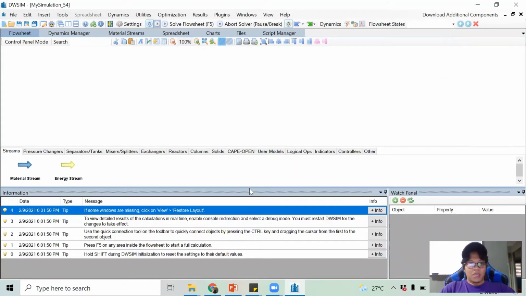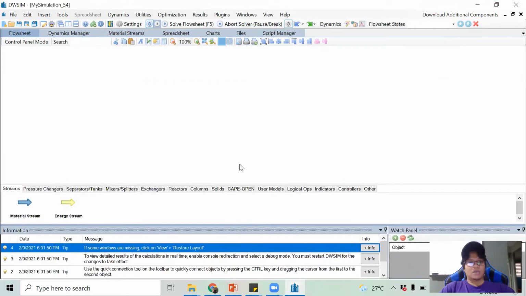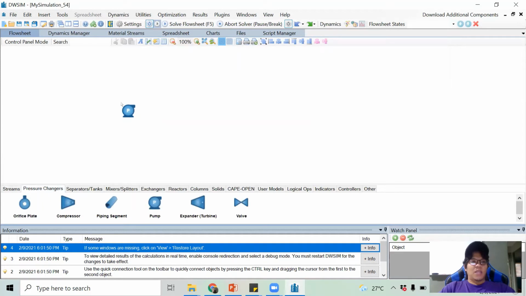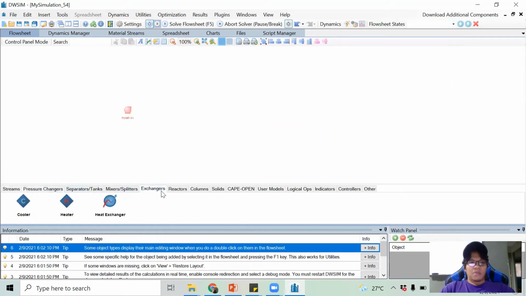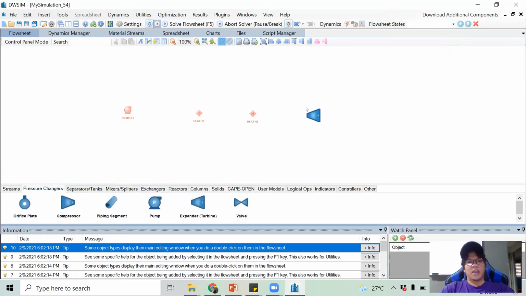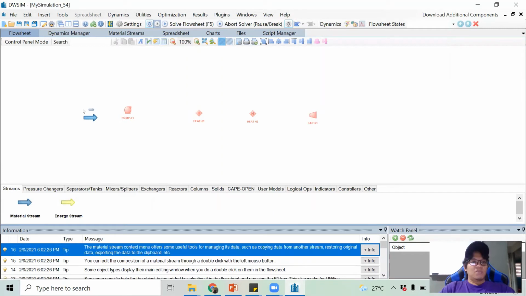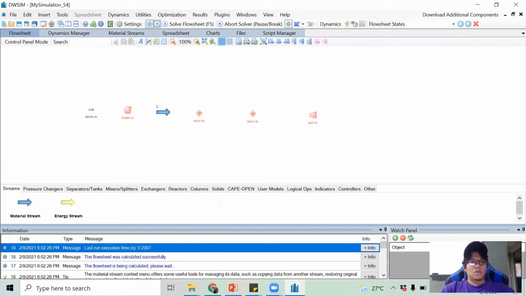And then I'm going to make this one slightly bigger. So here we are at the flowsheet interface, I guess. Okay, I'm going to begin with the pressure changer. So I'm going to add a pump, and then I'm going to add an exchanger, heater 1, heater 2, and then lastly I'm going to go to the pressure changers and add an expander or turbine. So I add my material streams here, 1, 2, 3,